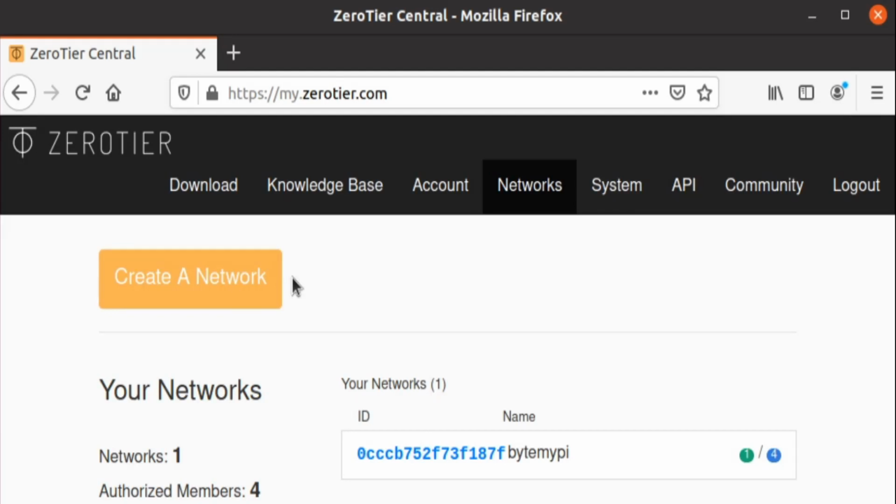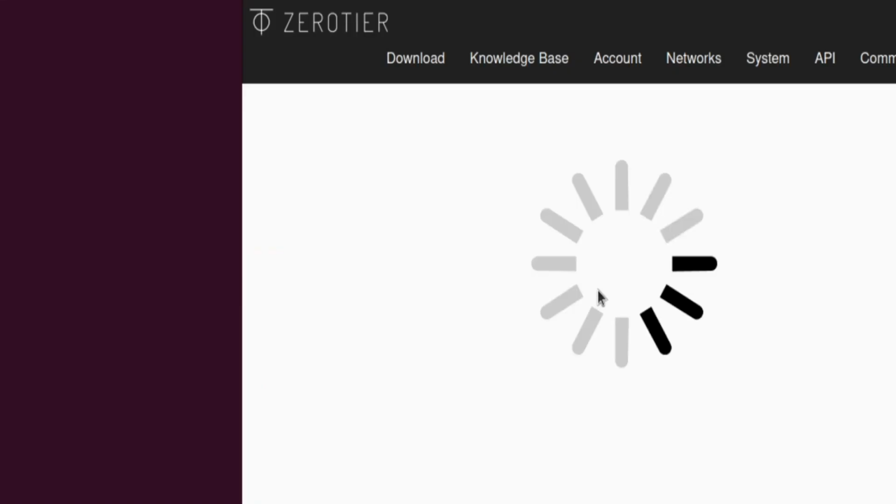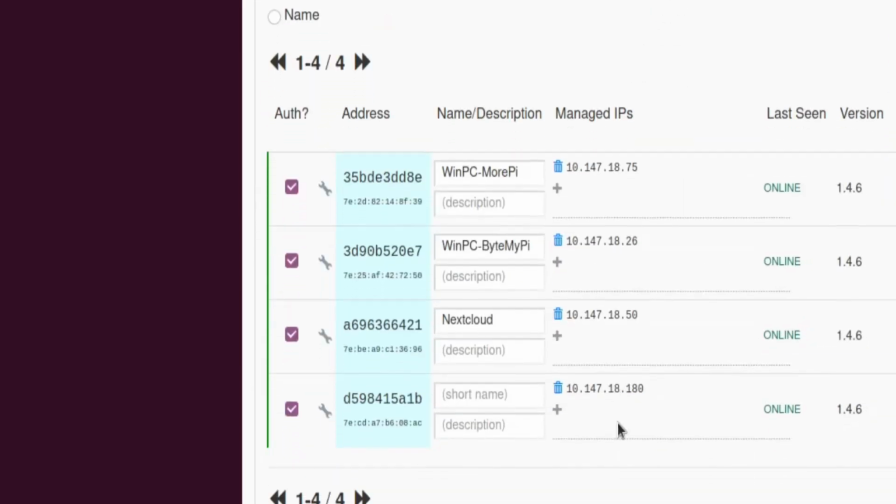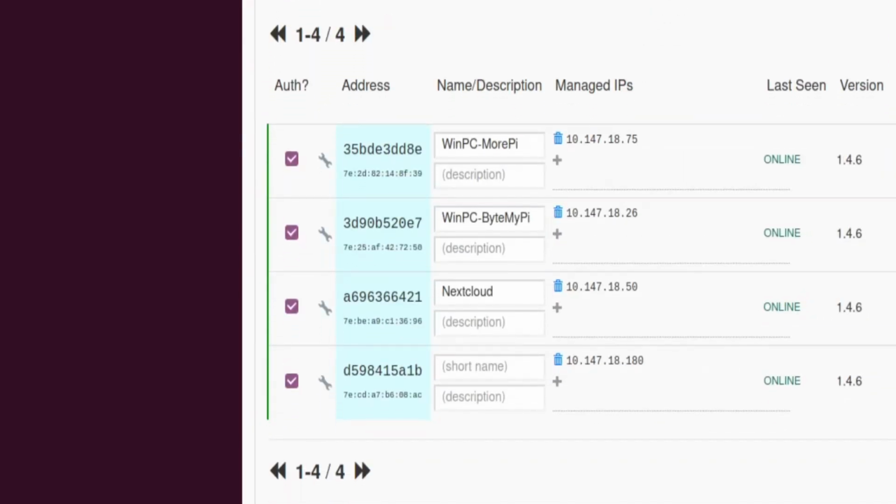As usual, once logged in, click on your network ID, then scroll down the page to the members section. As you can see, at the moment I only have the 4 members. It also appears that I forgot to name the last one, so let's do that now. Now the reason the Ubuntu computer hasn't yet revealed itself is because I still need to join it to the